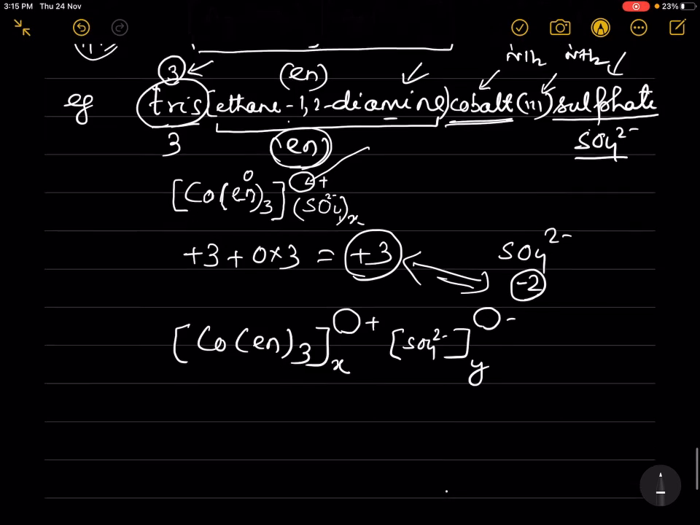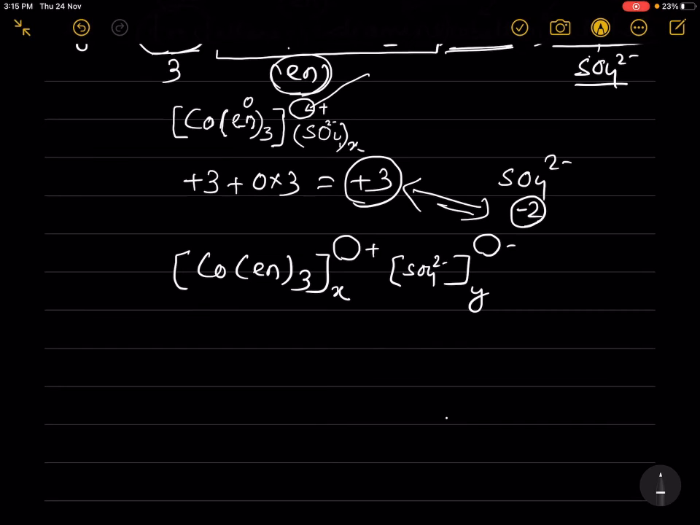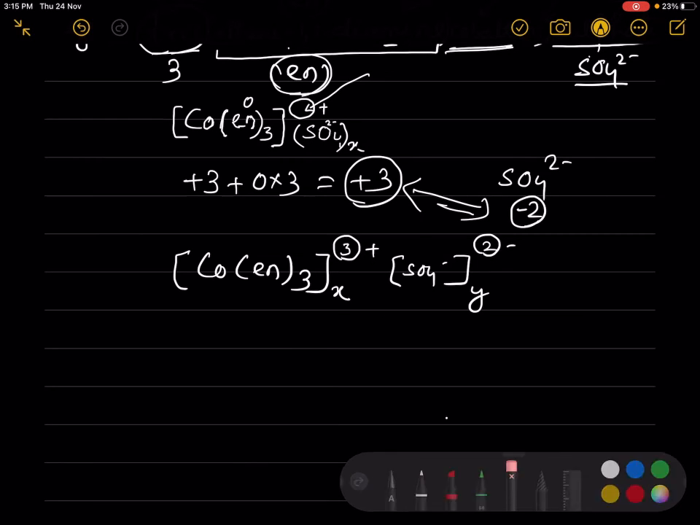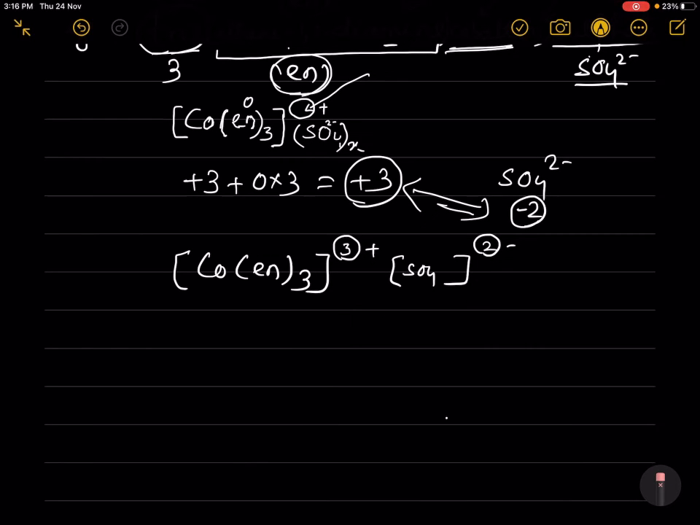You see, here the charge on it is 3 plus, and here the charge on it is 2 minus. So we have to find X and Y. You just do one thing,